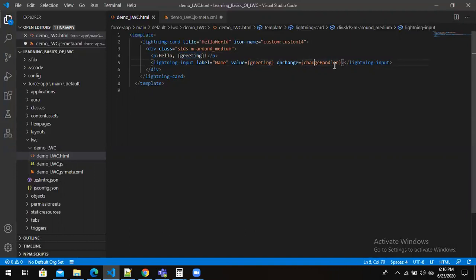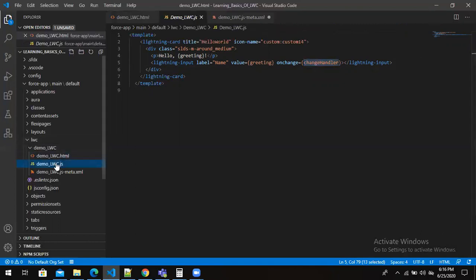We are using the on change event, and on change this value will be auto populated into this particular variable. And wherever you refer to this variable, it will also capture the new value. So on change is an event, and change handler is kind of a method. This method is available in JavaScript.